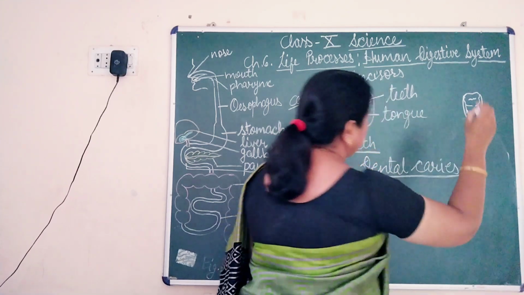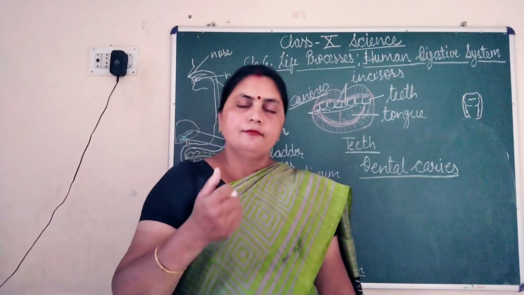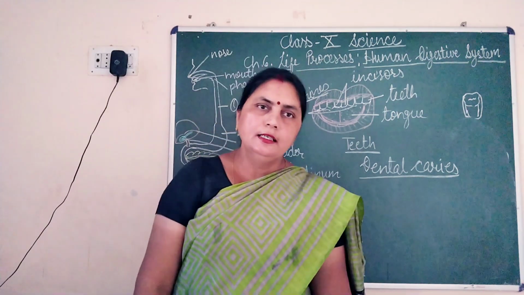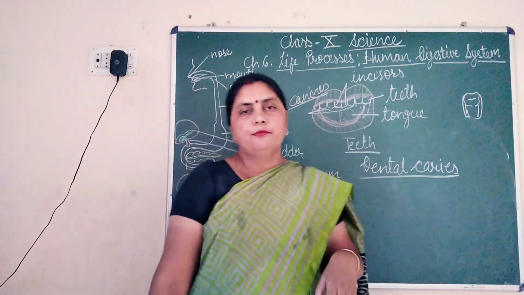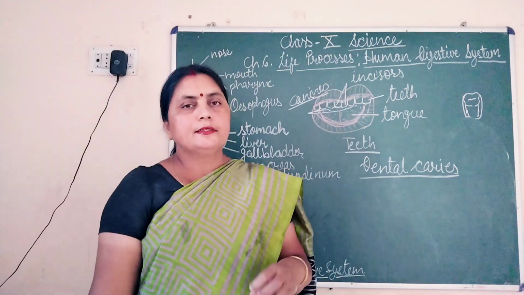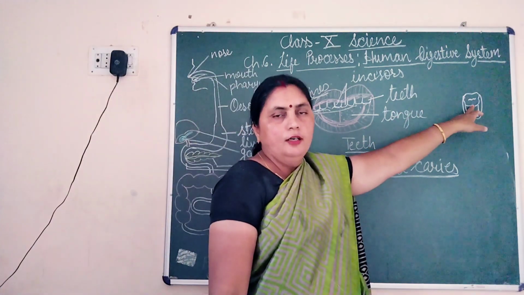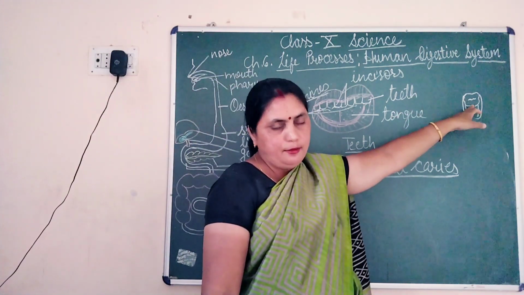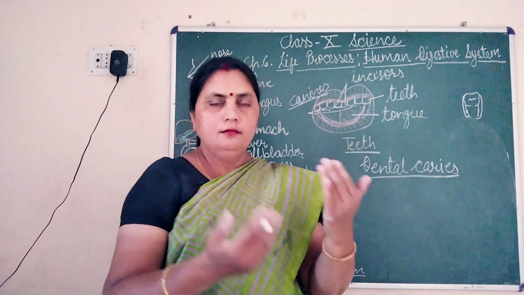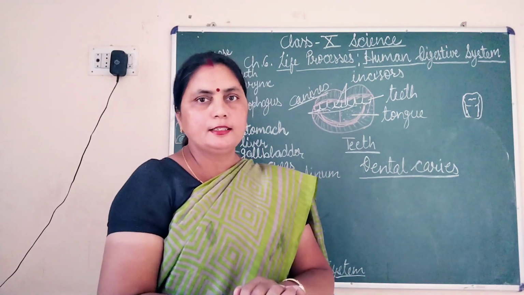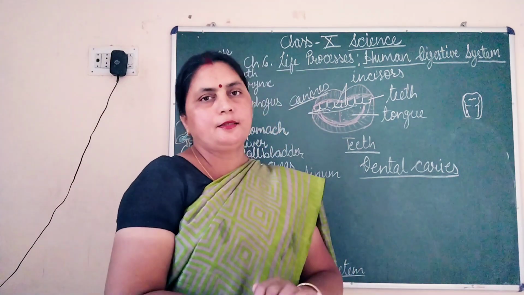What are dental caries, children? When we eat, I have told you that with the help of premolars and molars, we grind the food. Sometimes we do not take care of our teeth, we do not clean them properly and regularly. So some food particles remain stuck on these teeth, that is premolars and molars, and as a result bacteria develop over there. They take this food, bacteria develop on organic substances, so they take this food and they secrete some acidic substances